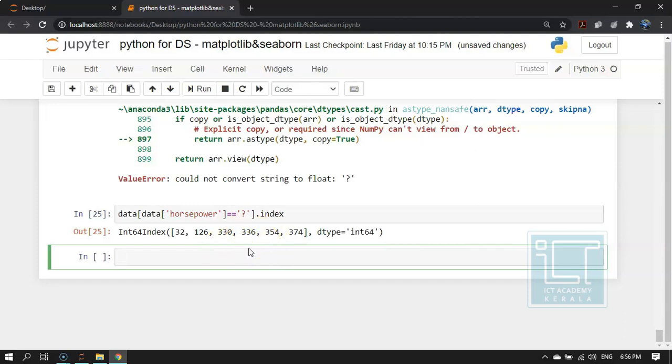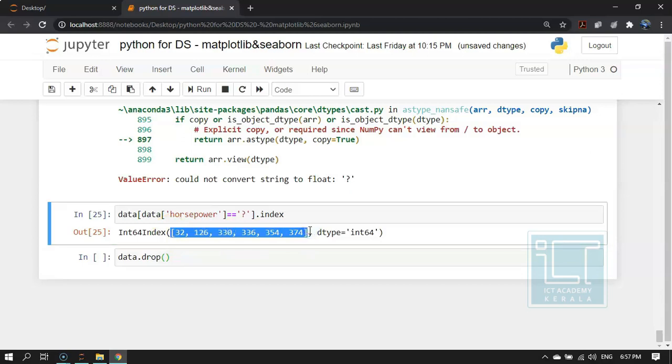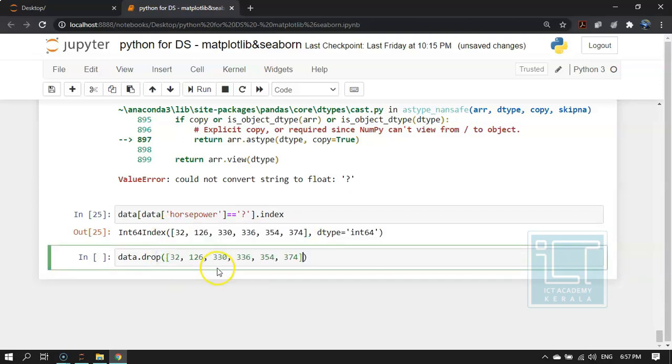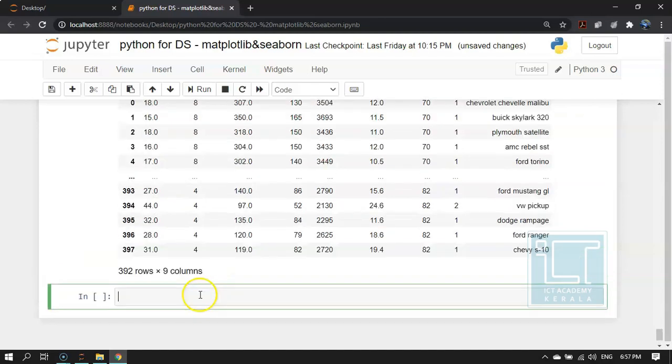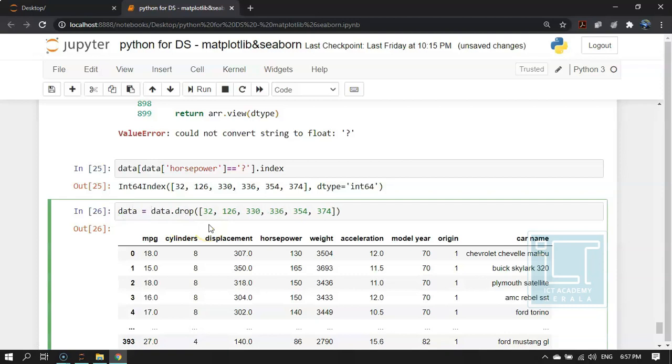Because of these rows, we are not able to convert it into a float. So for the time being, I am going to delete these rows. So I'm going to drop them. So I have dropped these rows, but I did not save it. So I am saving it back to a new variable data1.